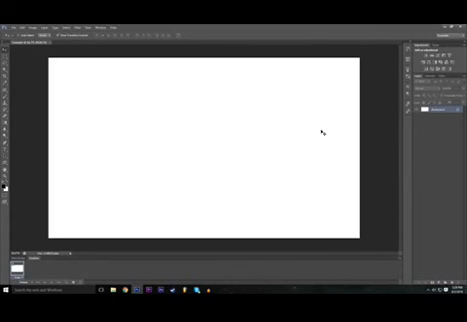So to first get started, we're just going to unlock this layer, because by default when you make a new project, the first layer is locked. So we don't really have a lot of freedom to move it around and stuff. So what we're going to do is actually